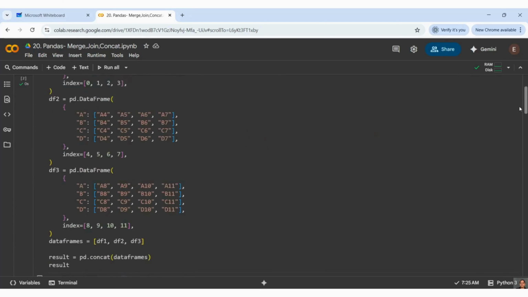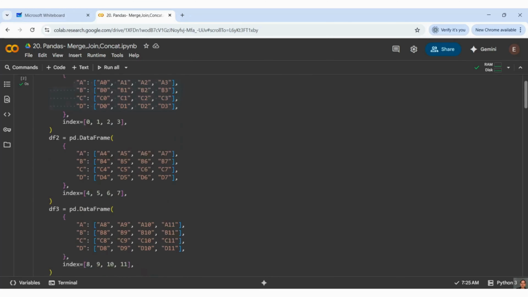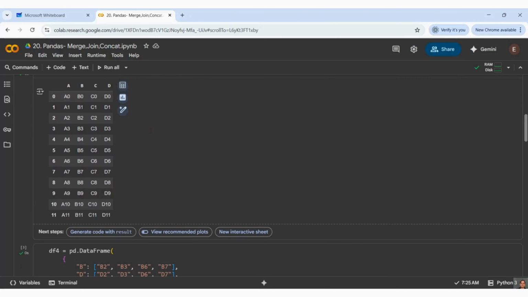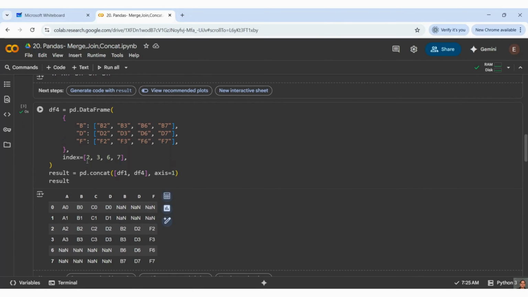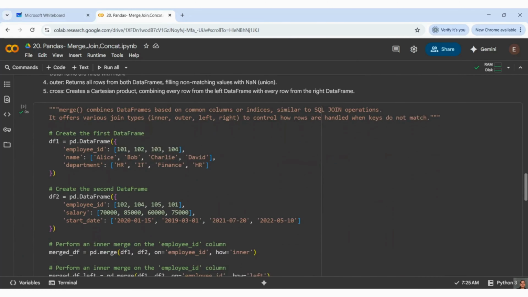So yeah, guys, these are the concepts of concat, join, and merge. What did we understand? We understood how to perform a normal concat. By default it works column wise, concatenating one below the other. When we perform it row wise, it takes all the indexes, and based on whichever indexes are present, it gives you the output.